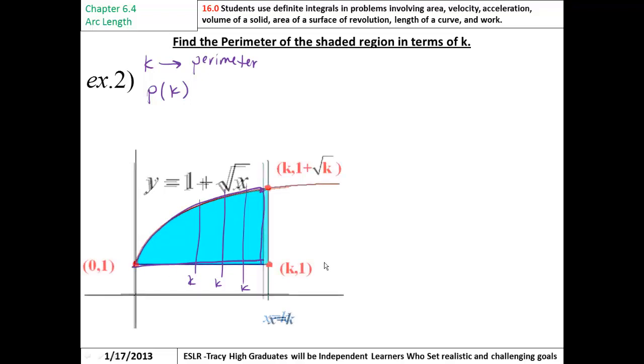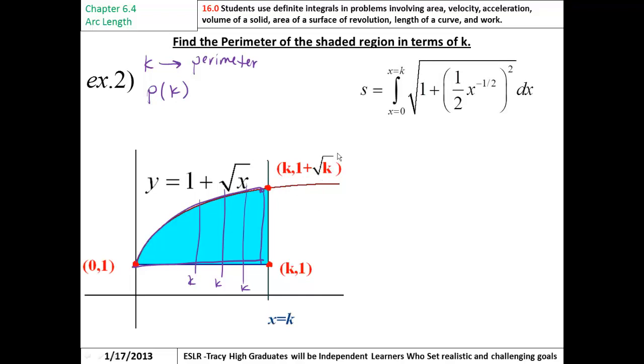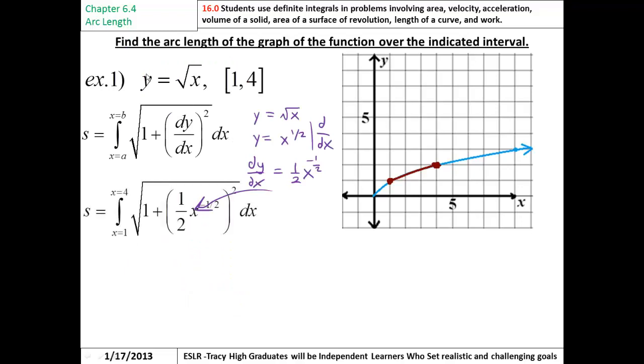Easy enough, right? All right, so this is just labeling some stuff up. The points here, 0, 1. This is k, 1, wherever that may be. It could be here, it could be here. And this is k, and 1 plus the square root of k. So you're plugging in k for your value of x. Okay, just putting in the formula here, and we're just maintaining that same formula. Oh, and the other thing is that the arc length from 0 to k of 1 plus square root of x squared is exactly the same as it would be on this one,